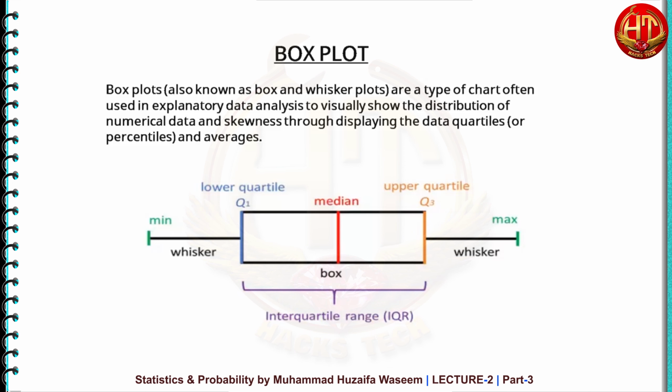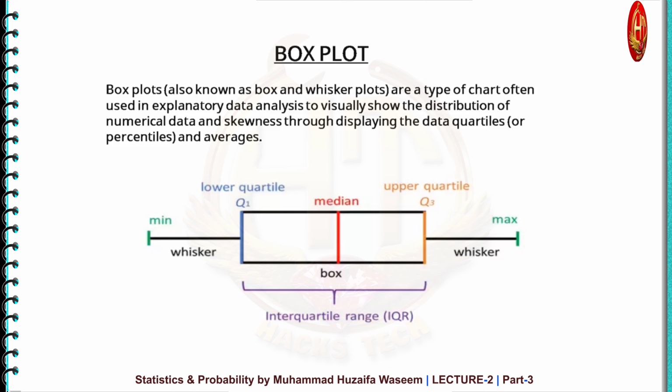Okay, it means that first we have to calculate the five number summary, which is minimum, maximum, first quartile, median, and third quartile, and draw it. First you have to draw a point for the minimum value, then the maximum value, and then draw the points for the first quartile, third quartile, and second quartile, and draw the box around the quartiles. So this is your